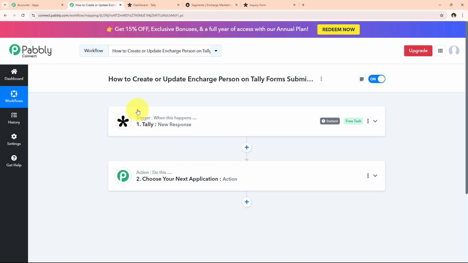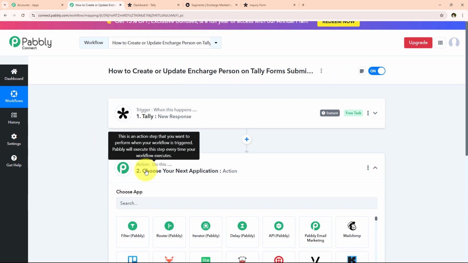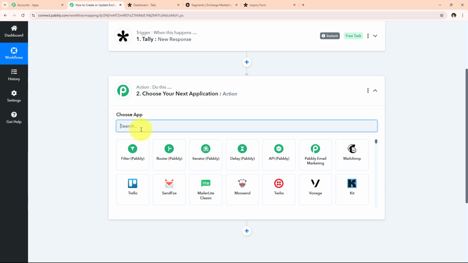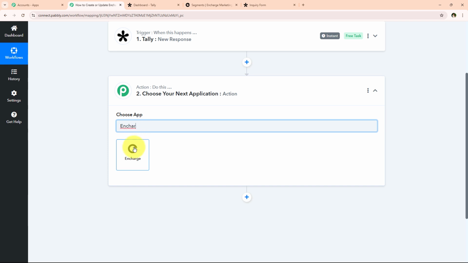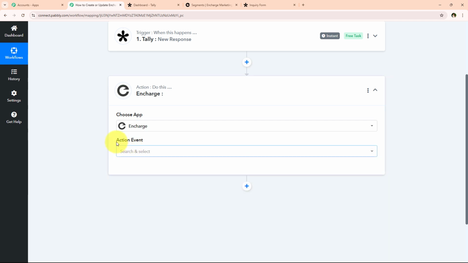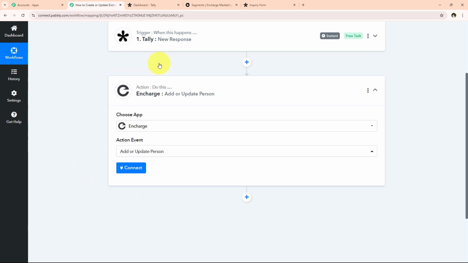All right, so further what I want is to create or update an Encharge person on Tally form submission. So for my action application, we have to select Encharge. Yes, so I'm just going to search for Encharge right over here, and as you can see, we are going to select it. And now it is asking me for the action event. So for my action event, we have to select add or update a person,